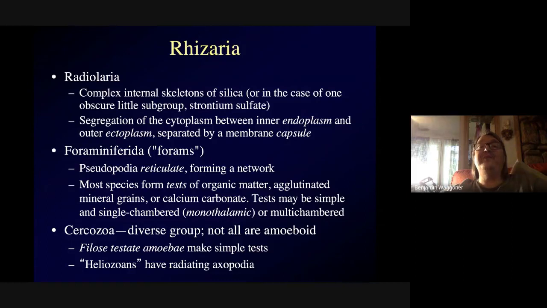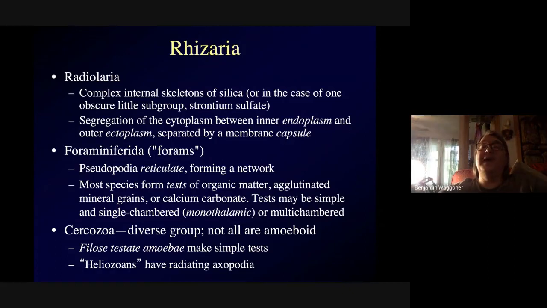I'll actually show you these in lab tomorrow, but if you want to jump the gun, your box of prepared slides should have a slide with Radiolaria and a slide of Foraminifera, and you can take those out and look at them at any time you want if you feel bored. I'll show them to you on our video link tomorrow, but if you want to, you can do this now.